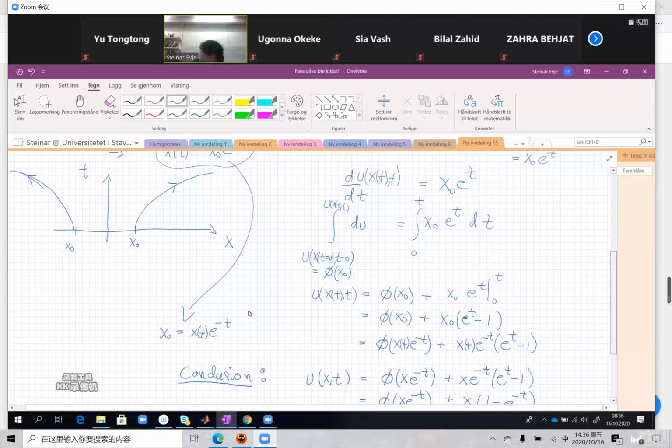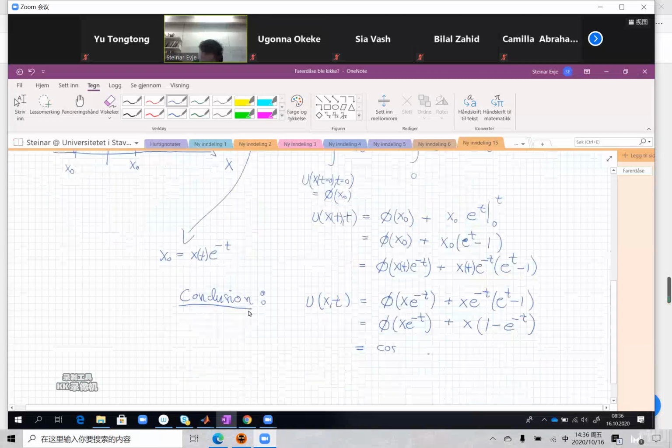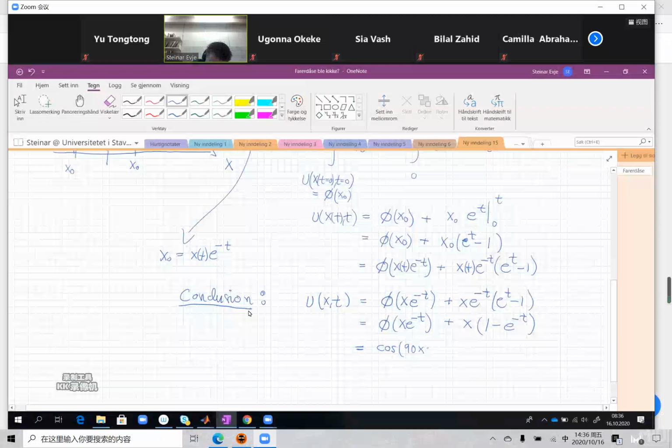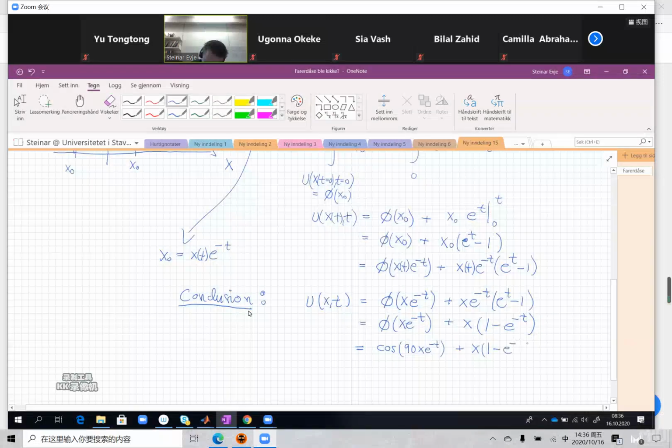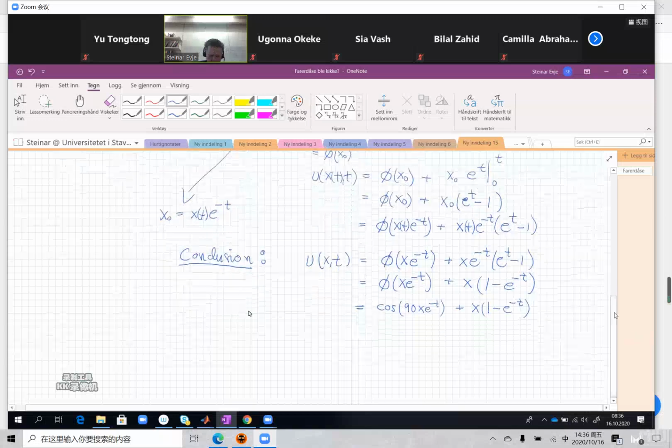So this is the same as cosine of 90 multiplied by x e^(-t) plus x (1 minus e^(-t)). And then